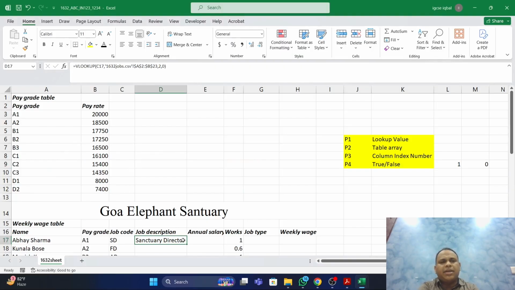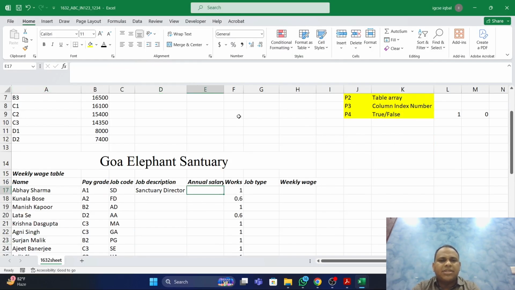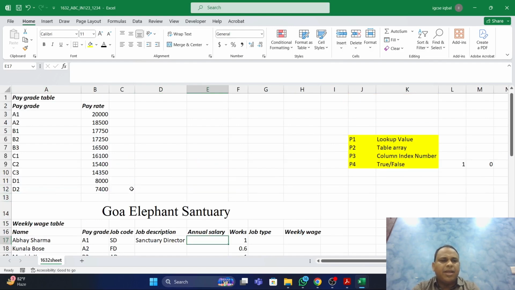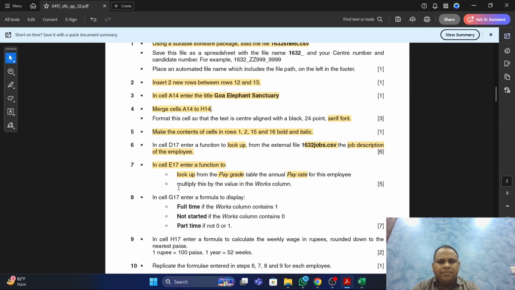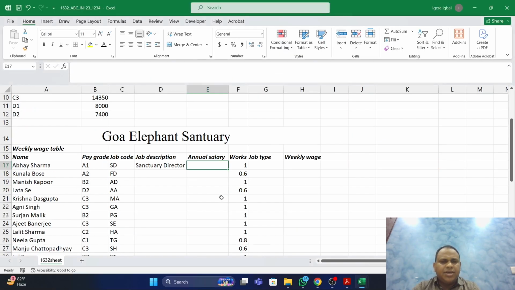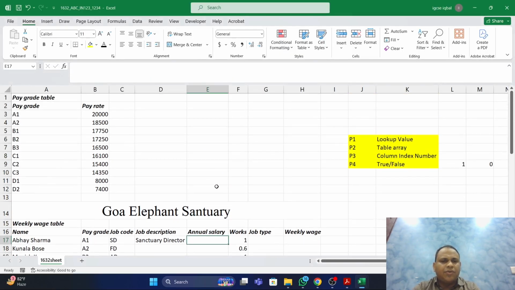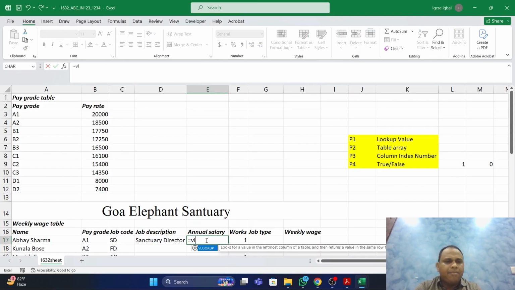This pay table we can use to find the annual salary of an employee, by multiplying this value with a work column. First we need to find the value of pay rate. Equals to VLOOKUP again,